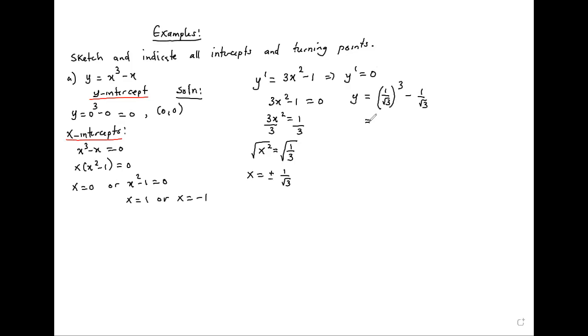This is equal to 1 over 3 root 3 minus 1 over root 3. We can simplify this by getting the common denominator. If that is simplified, let's see. So we'll have 1